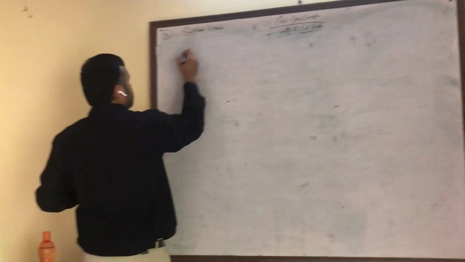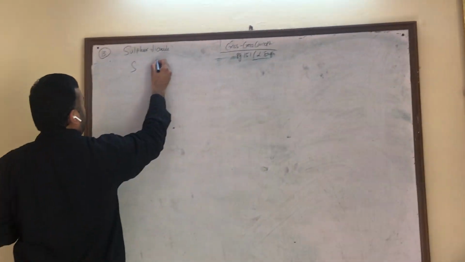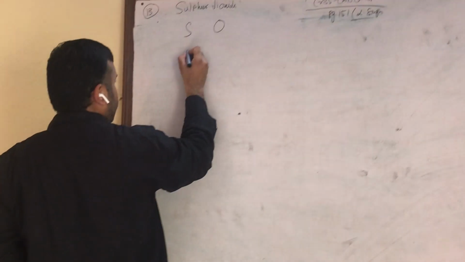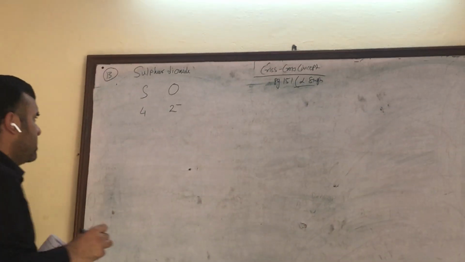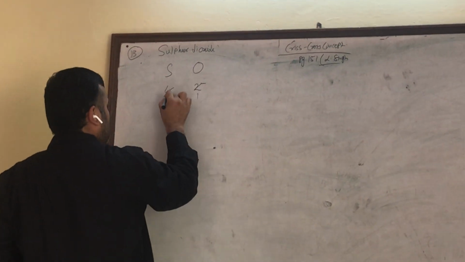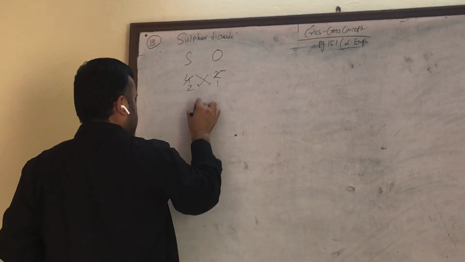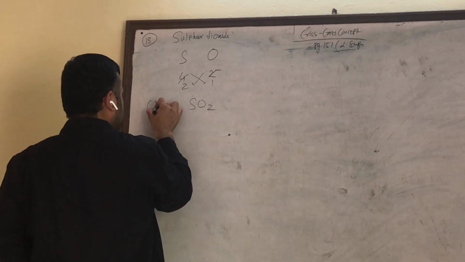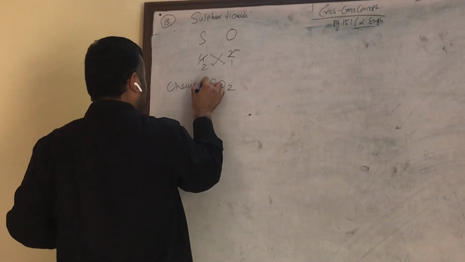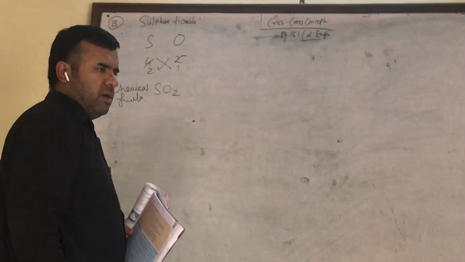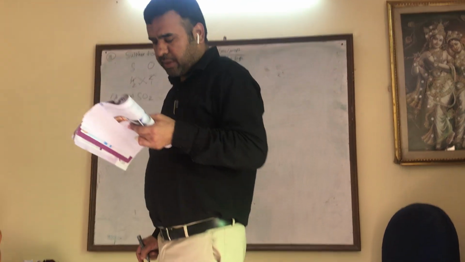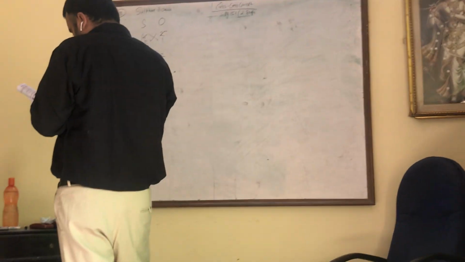You know the formula is SO2, but how will that formula come? Sulfur shows valencies: one is 2 plus, 2 minus, 4 and 6. Here we are using valency 4, because it is dioxide. 2, 1, the 2, 2, the crisscross. So the formula of sulfur dioxide is SO2. If sulfur trioxide, then valency 6 will come for sulfur. Formula for sulfur trioxide is SO3. So this is one of the questions.